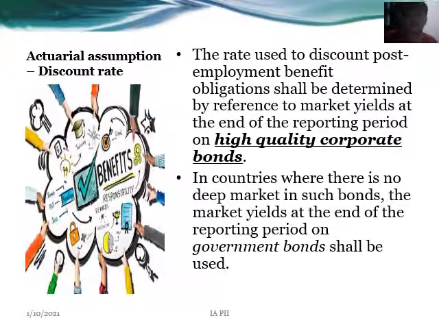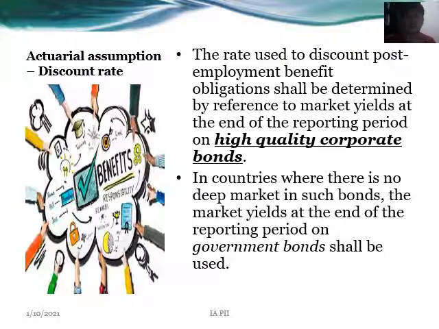Actuarial assumption, discount rate. So the rate used to discount post-employment benefit obligations shall be determined by reference to market yields at the end of the reporting period on high-quality corporate bonds. So, ang basis sa pagdetermine ng discount rate sa actuarial assumption is yung based doon sa high-quality corporate bonds, yung end of the year